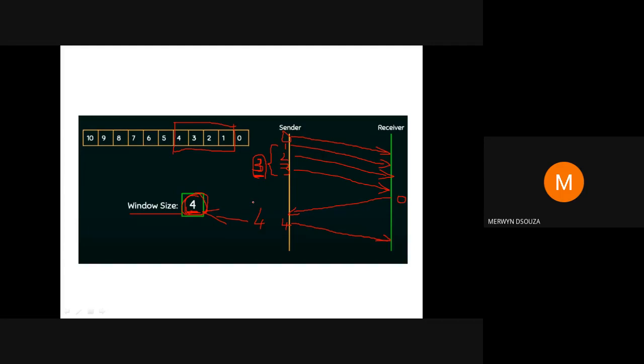When the number of packets that have been sent and whose acknowledgement has not yet been received is equal to the window size, the sender has to stop the transmission. It has to stop and wait for the packets' acknowledgement to come. Suppose, just for example, I want you all to answer: say the receiver sends 2 acknowledgements back. It sends acknowledgement for packet 1, and acknowledgement for packet 2.